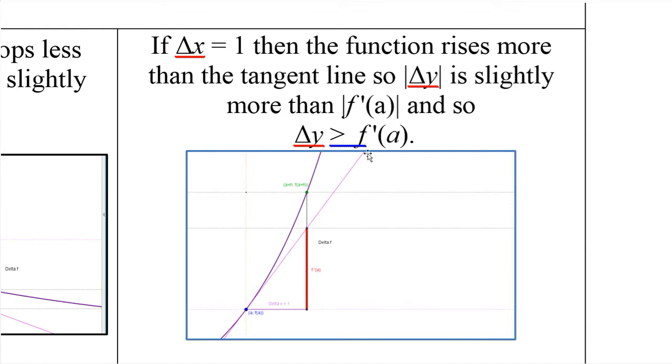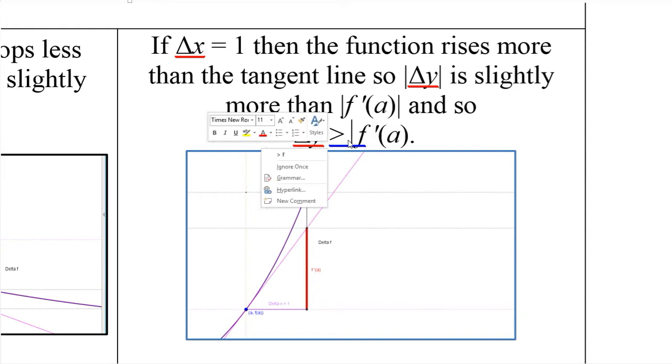delta y. So what we see is that f prime of a is actually a little bit smaller than the actual change in the function. So the change in y, or the change in f, is actually a little bigger than the change here. So the original function is growing more than the tangent line. So it's slightly above. Again, I want to emphasize slightly here,